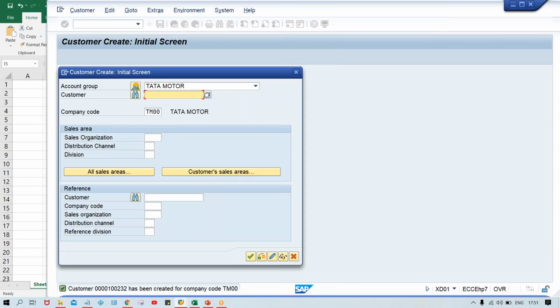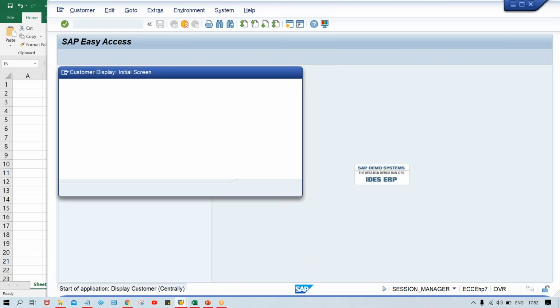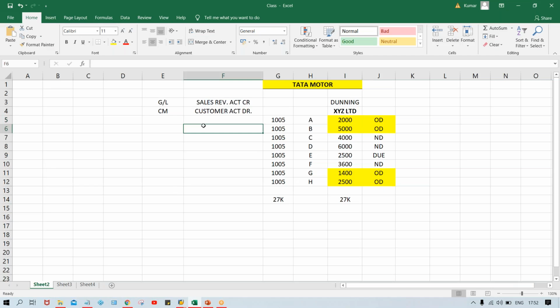So for the customer master, guys, we have created the customer master, right? Now what next? After creation of the customer master, if you want to display it, use XD03, and if you want to change it, then you have to go for XD02. And in a customer master, guys, we have three different kinds of data: general data,